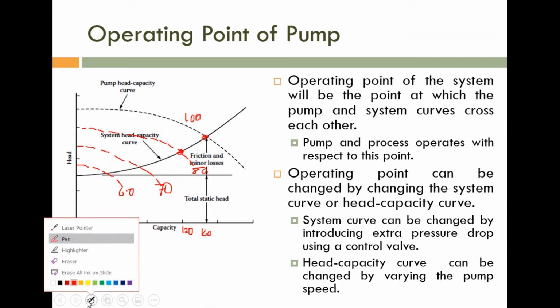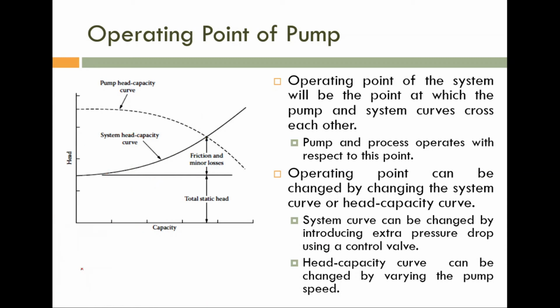The second thing is, we can use a combination of pumps. I told you this is one pump. What is happening if you are using two pumps serially? This pump is providing one discharge pressure, this pump is providing another discharge pressure. Am I correct? For the same flow rate, it is providing more discharge pressure. Is it okay? So what is happening?